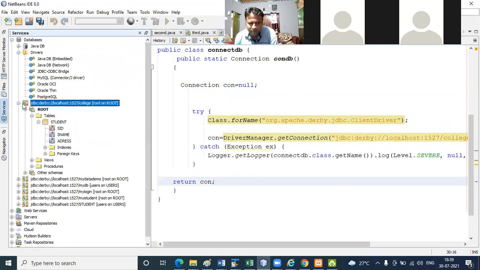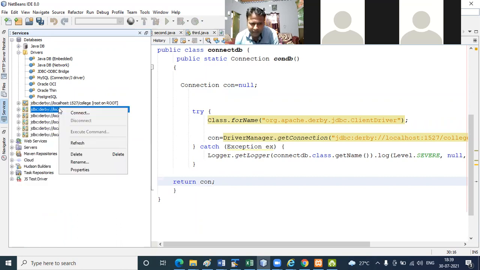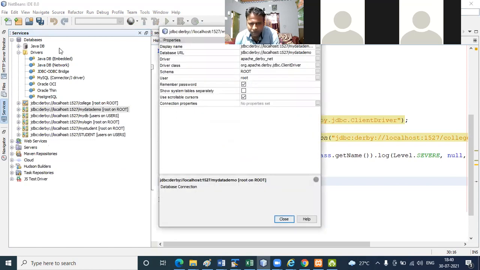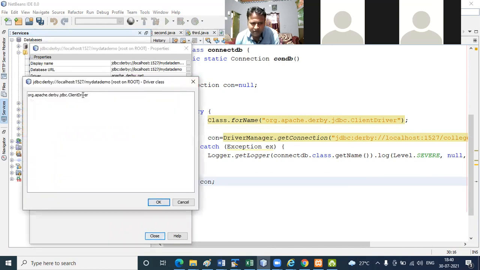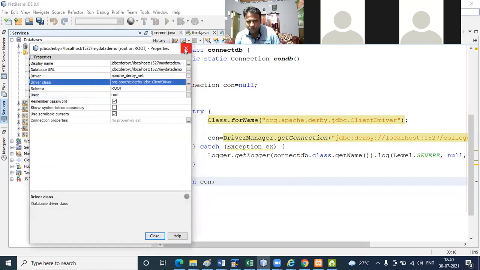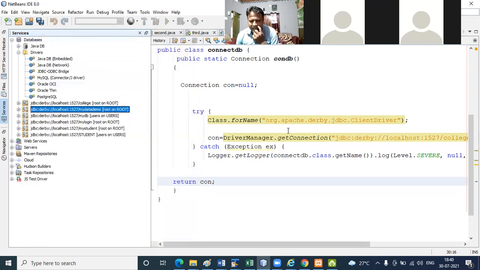You get a driver by right click anywhere in the property. We get the driver name here. This one, driver class. It is your driver name. Okay, so copy this driver name and you define here Class.forName, then driver name. Okay.